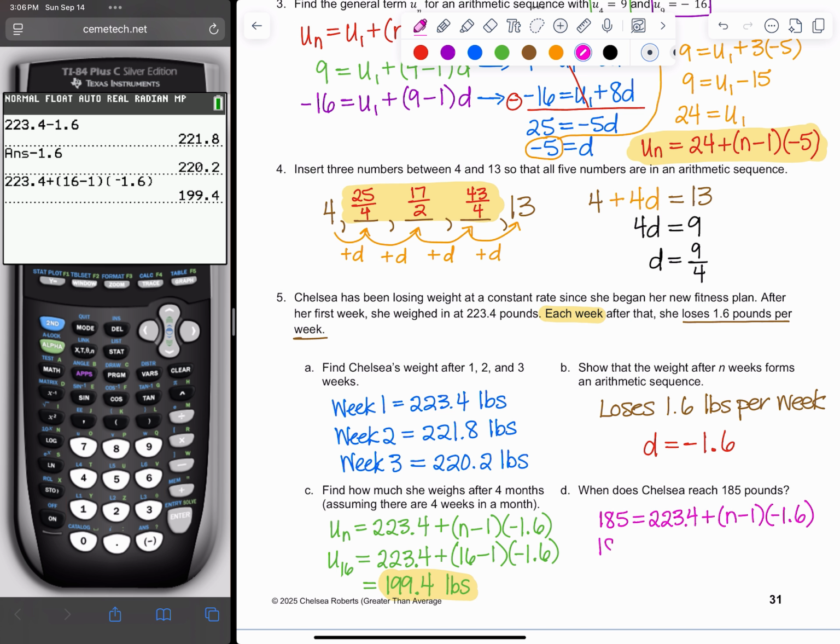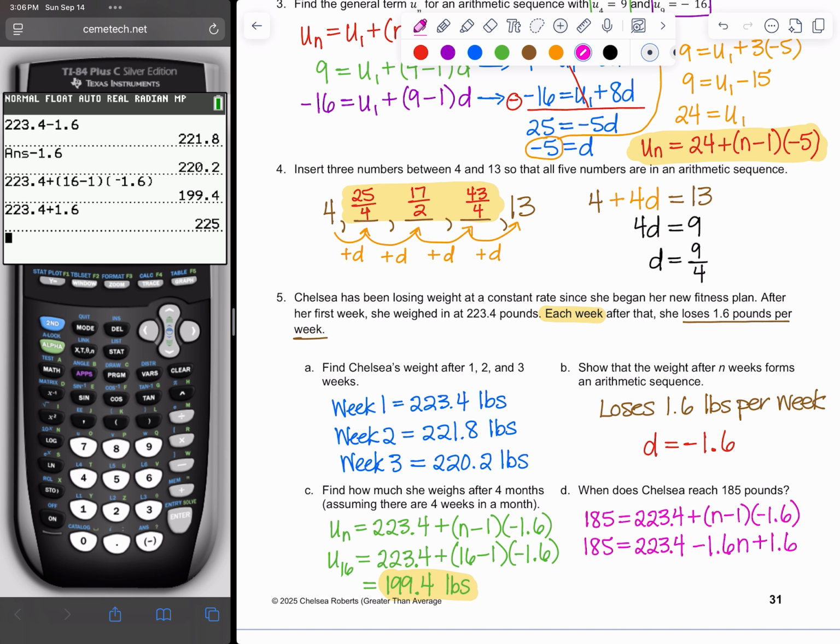So I will have to simplify the right hand side. So that's going to be 185 is equal to 223.4. Slide this over a little bit. And then that's going to be n times negative 1.6 is negative 1.6n, and negative 1 times negative 1.6 is a positive 1.6, right? So then I would combine like terms. 223.4 plus 1.6 gives me 225. So 185 is equal to negative 1.6n plus